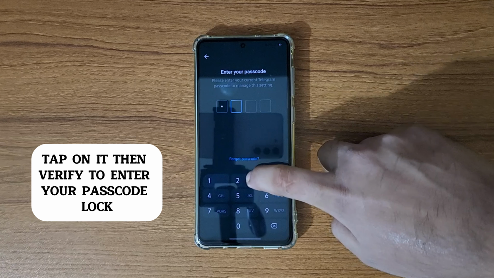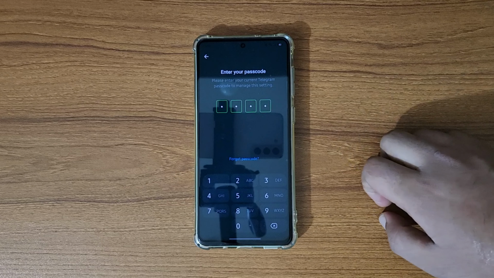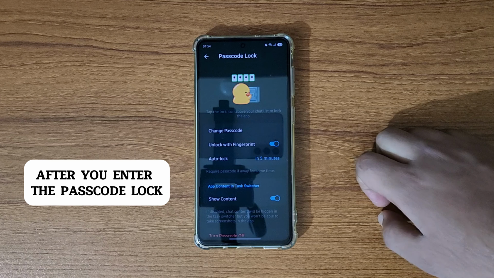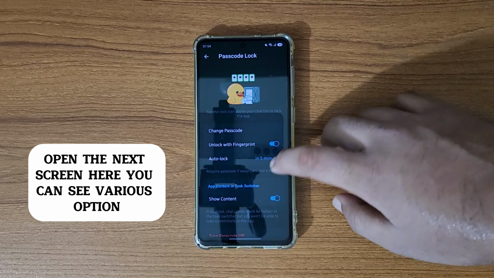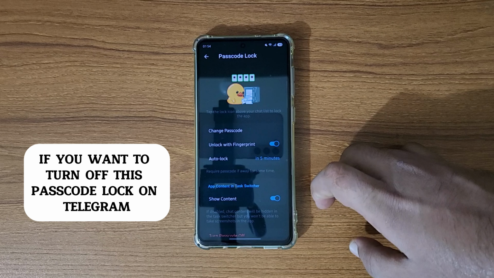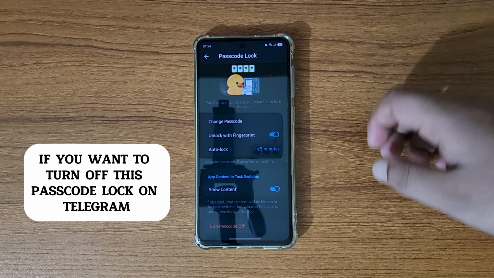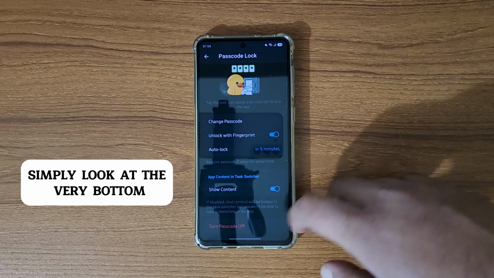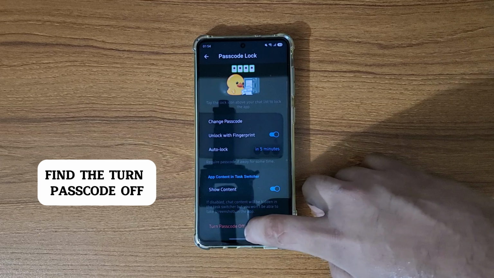Then verify by entering your passcode lock. After you enter the passcode lock, the next screen opens. Here you can see various options. If you want to turn off this passcode lock on Telegram, simply look at the very bottom, find the turn